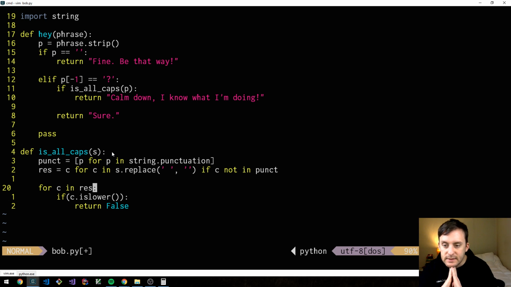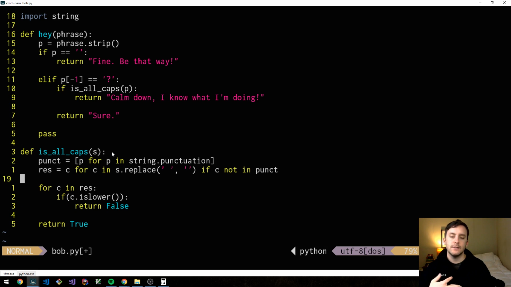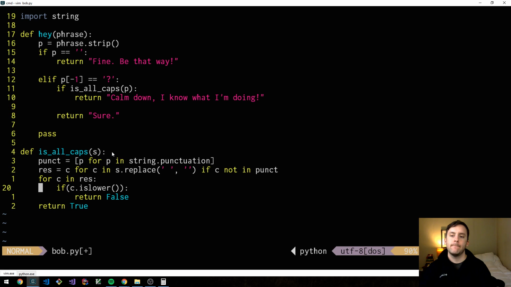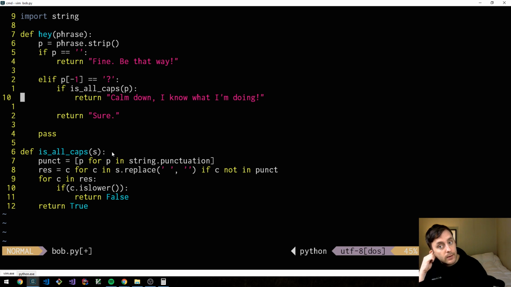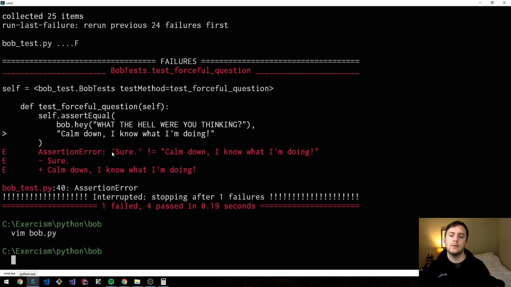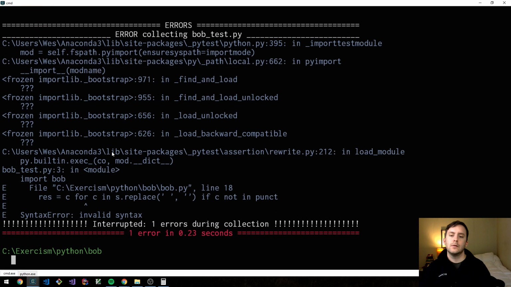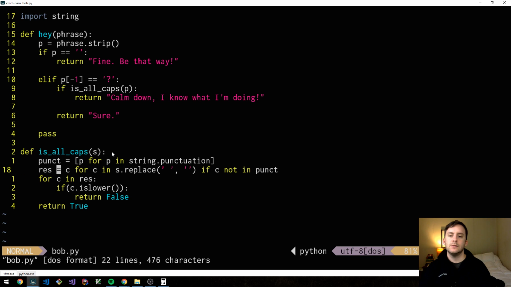So for c in result, if c is lower, we return false. Otherwise, ultimately, we return true, meaning that everything we came across was a capital letter. And if that's the case, then Bob returns this string, calm down, I know what I'm doing. Oops, syntax error. Result is equal to